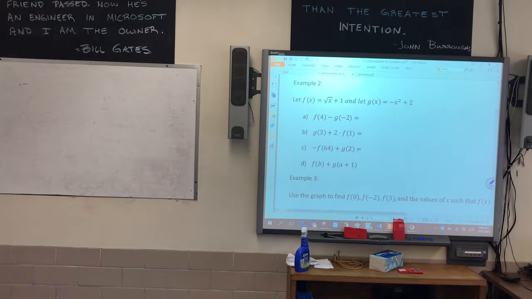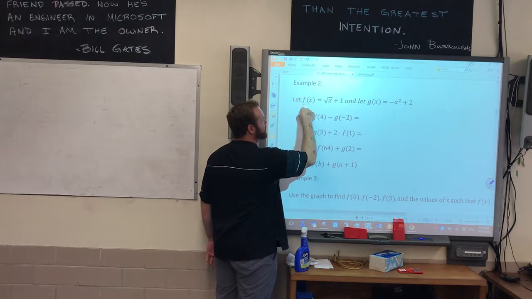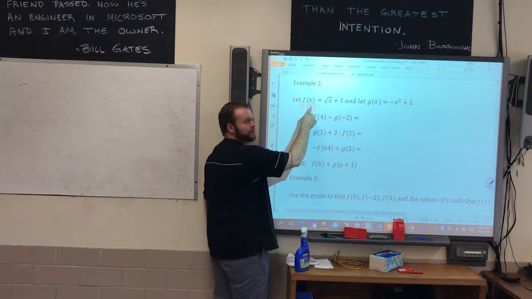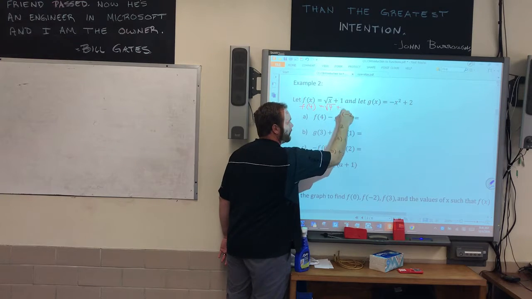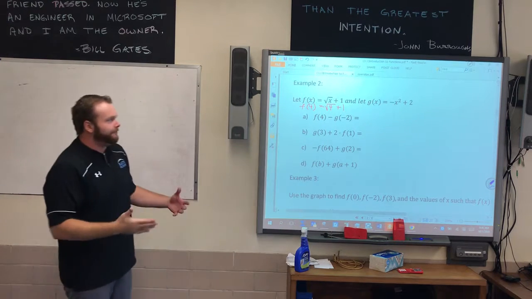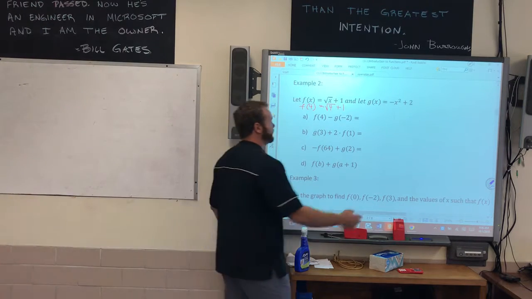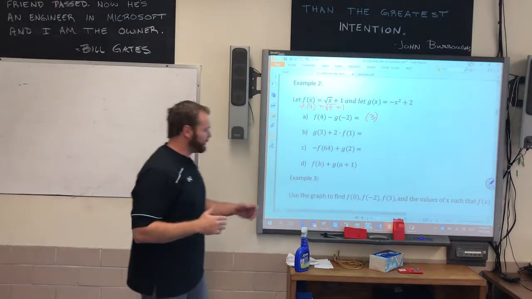Does that make sense? So algebraically, if I'm going to find f of 4, remember what this means. This means, if I were to put it right underneath here, f of 4, the x now became a 4, right? So over in my rule, the x becomes a 4. So what's f of 4 going to produce for me? 3. Okay? Then we'll try g